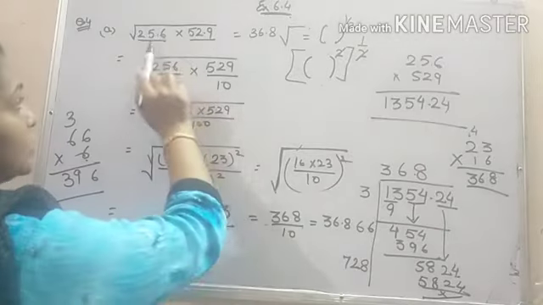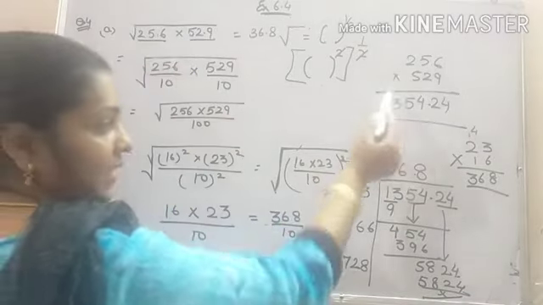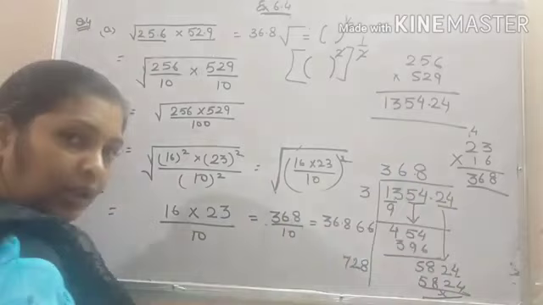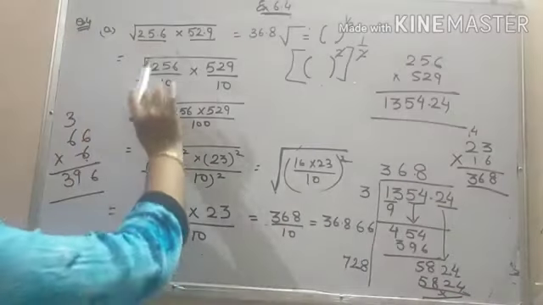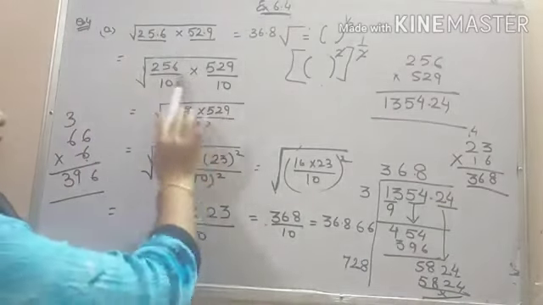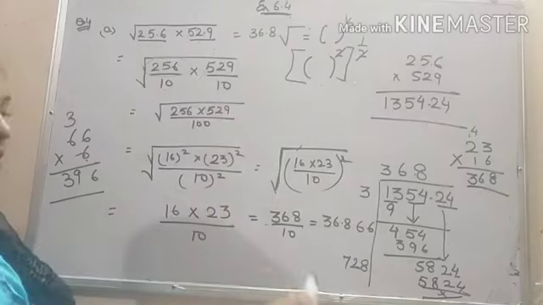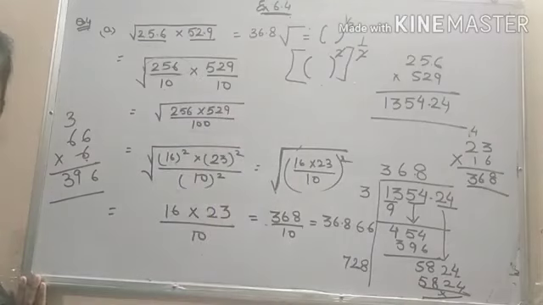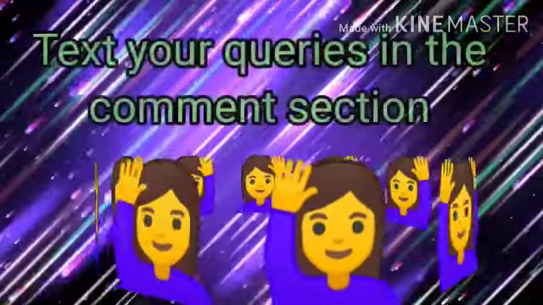In this method, first of all you have to multiply both the terms and then find the square root using the long division method. And in this method, first of all remove the decimal sign, find the square root of each number, and then do the calculation part. That solves our problem.